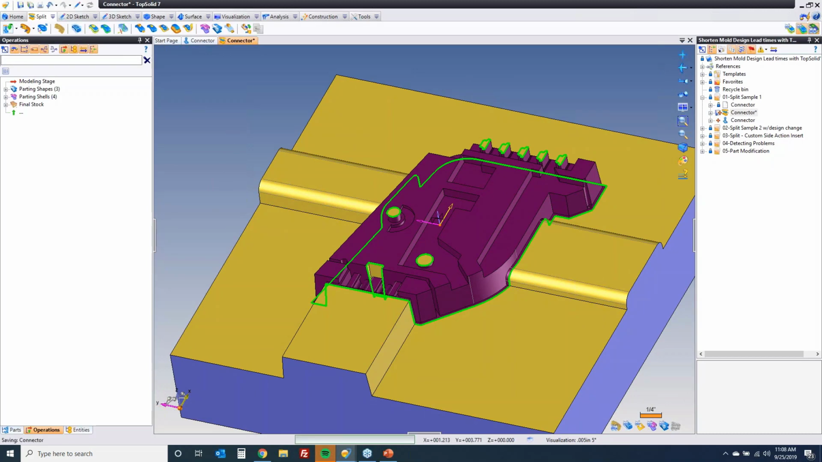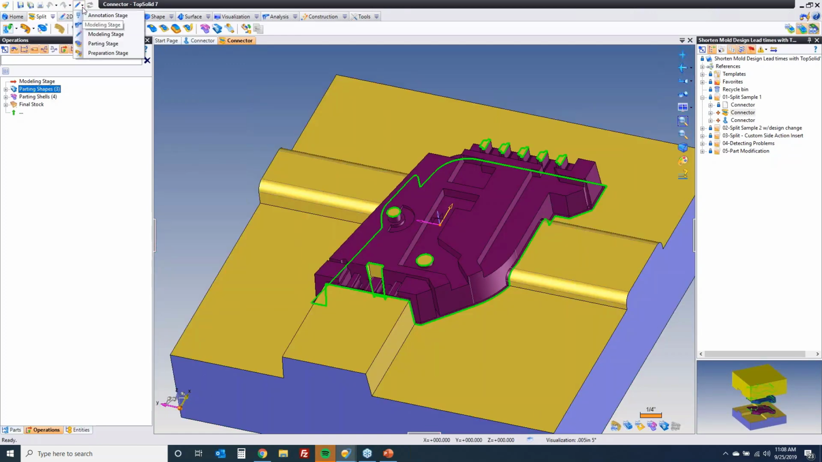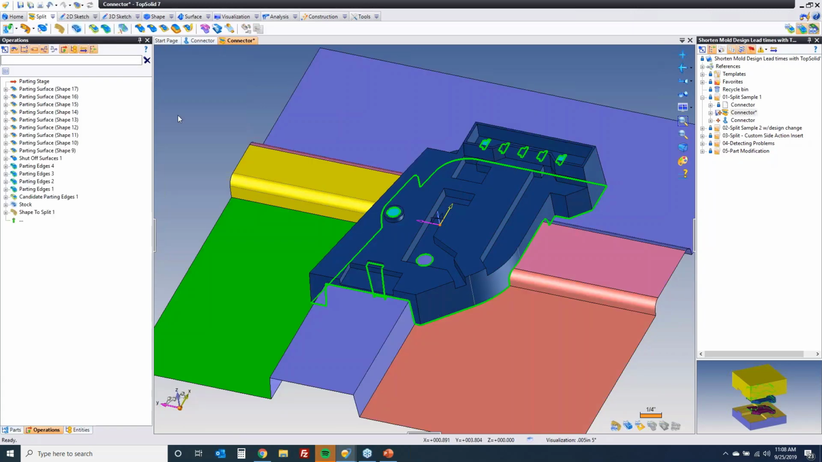I'm going to go back in time, and here I'm going to talk about history a little bit. So we've done a lot of steps to get here, but notice there's only 4 steps in our history tree, or 3 steps, pardon me. It's because we have what we call stages. Stages are a way to organize your work and help you ensure that you do things at the right moment in time. So I'm going to roll back to my parting stage, which is where all my parting surfaces are and whatnot,